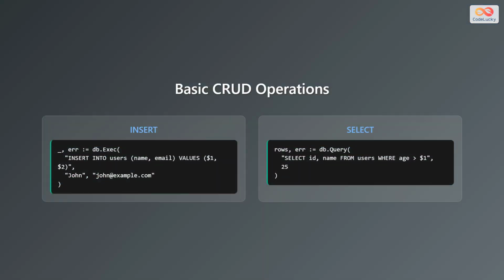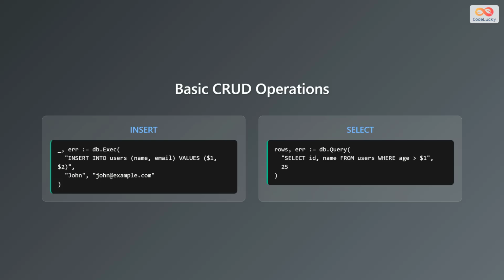With the database connection established, you can now perform basic create, read, update, and delete operations. Here are some examples. To insert a new record into a table, you can use the db.Exec function, passing in the SQL insert statement and the values to be inserted. For example, to insert a new user into the users table with the name John and email john@example.com, you can use the following code: